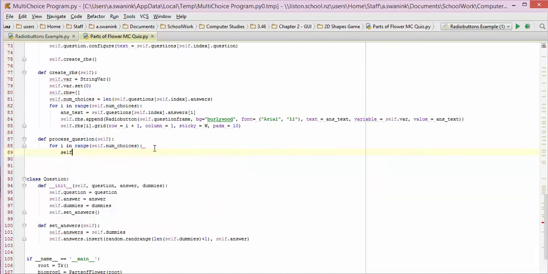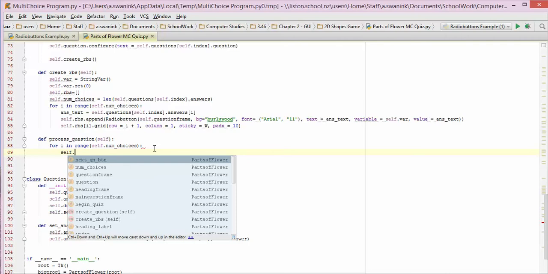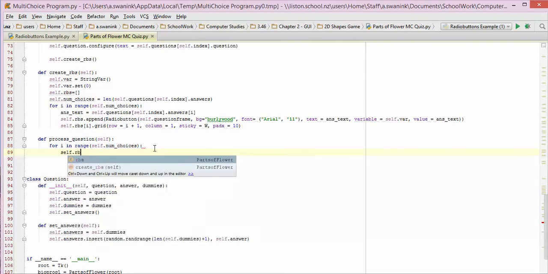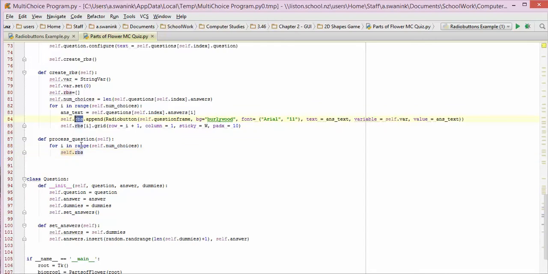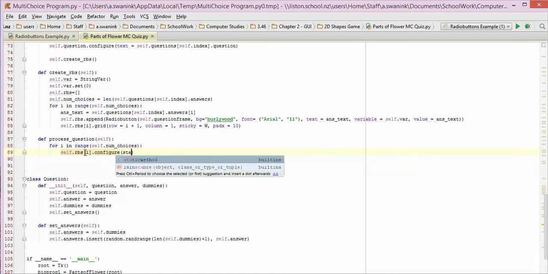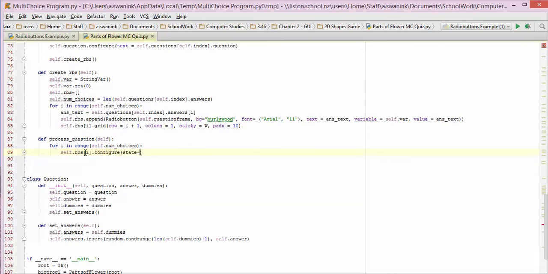And what we want to do is to select each of the radio buttons, which are these things called self.rbs, and we need some sort of way of selecting each of them. So we use that variable i. And we're going to use the configure method,